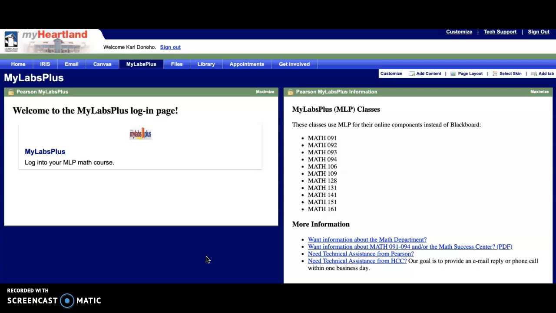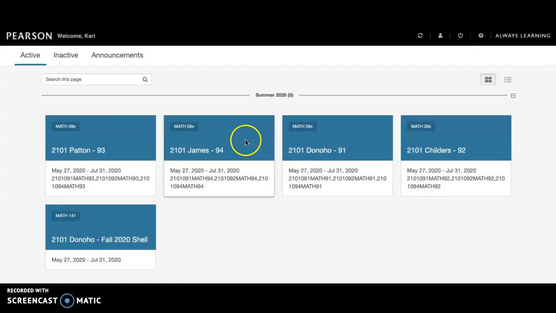I want to show you how to find and navigate through our course in MyLabs Plus. So if you are in your My Heartland account, across the top there are several tabs. You want to go to the MyLabs Plus tab. That's where everything is housed for this course. You will see this MyLabs Plus icon down here. You've got to click on it a second time, and it will open you up to the MyLabs Plus area